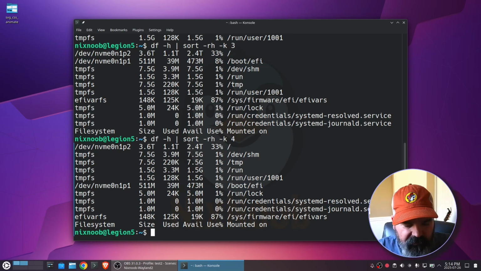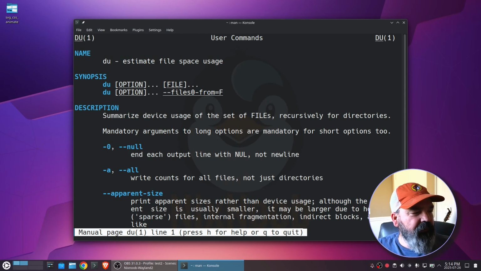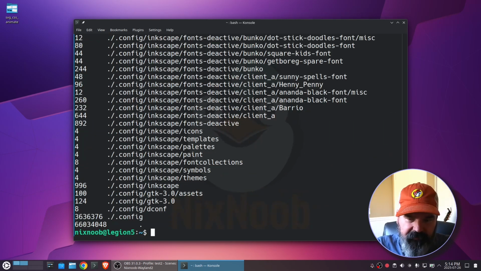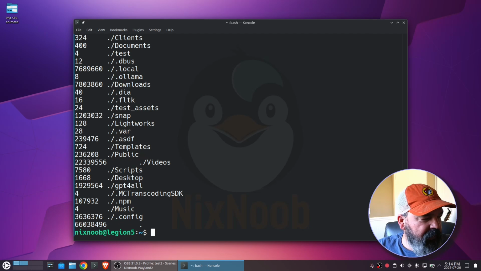And then the du command. Let's do man du. So du estimates file space usage. I'm just going to run it on the current directory, and you'll see that it's going to be a bunch of stuff. Okay, so that's a lot. We can tell it to only go a maximum of so many directories deep. So if we do du with max-depth equals 1, now it's just doing